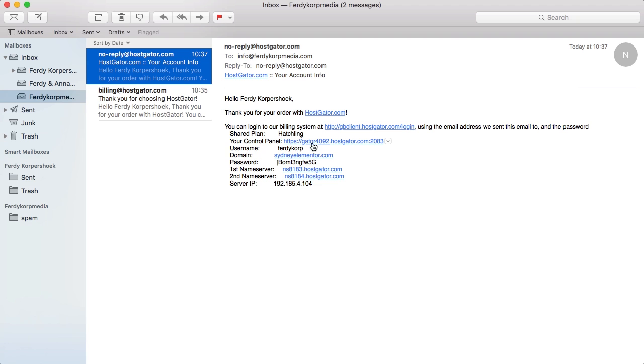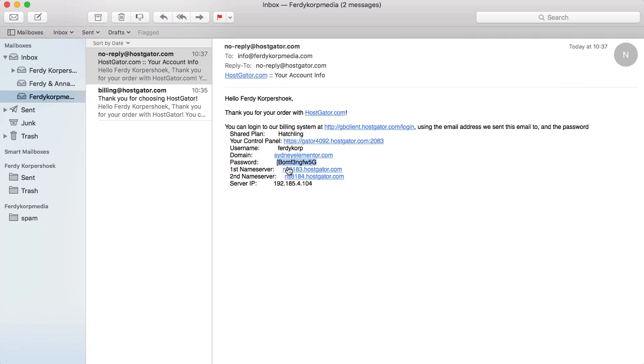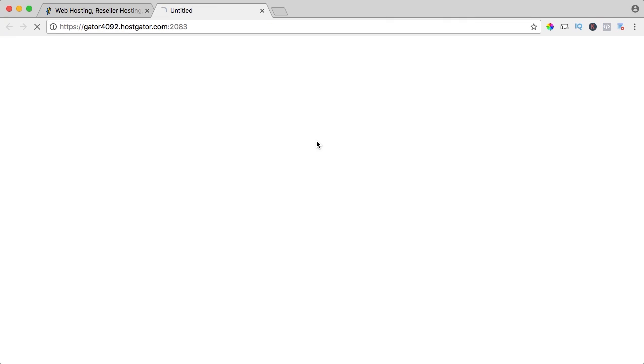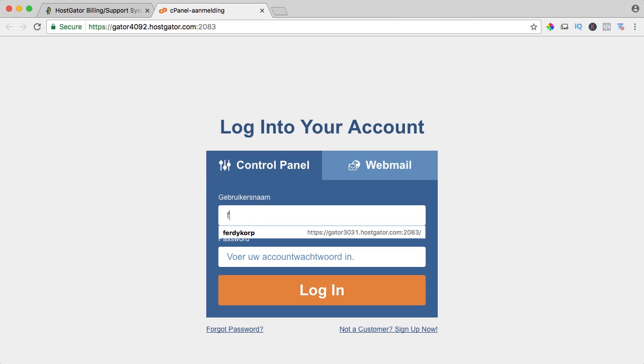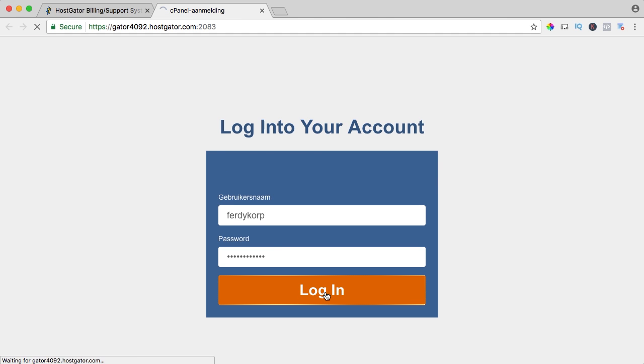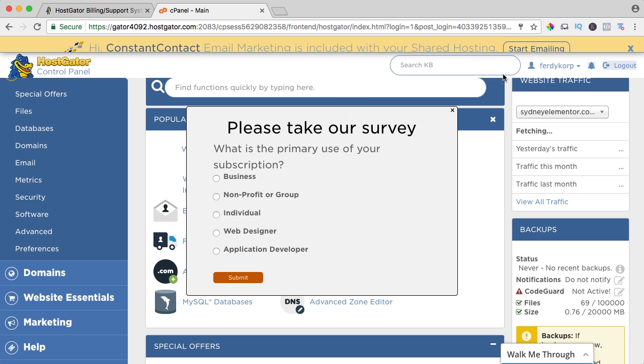And here's a link to my control panel with my username, my domain and my password. I copy my password. I click on the control panel link and here it says username 30corp and my password I just copied and I paste it and I say login. I need to click a few things away